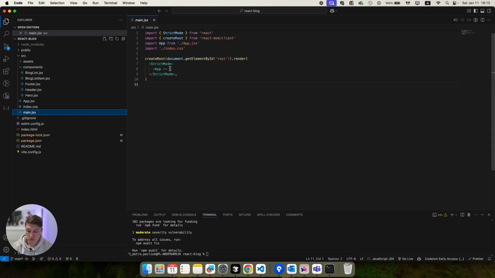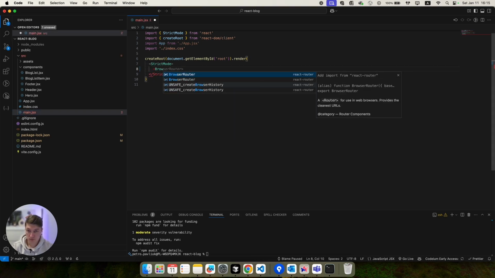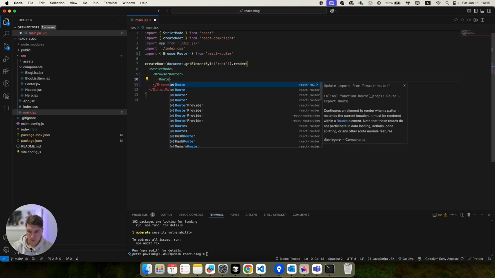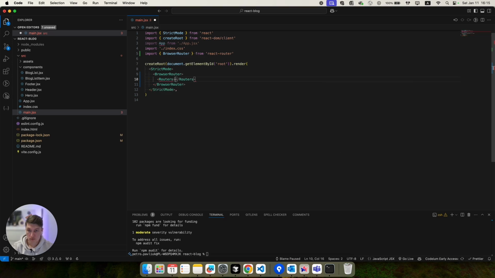So what we need to do here is wrap everything with first the BrowserRouter component and the special Routes component. Okay, as you can see, both of them come from the React Router package.